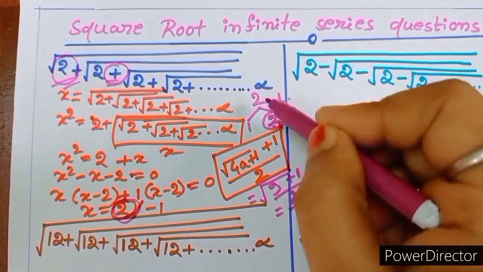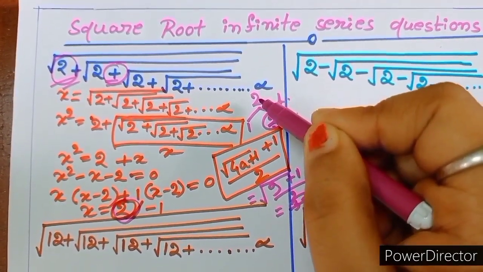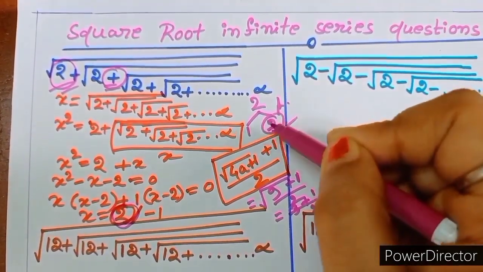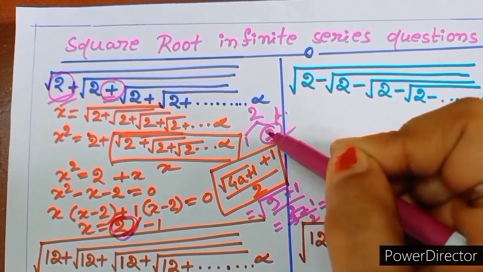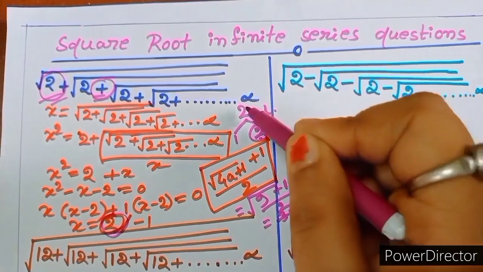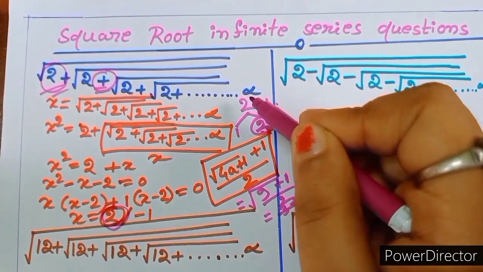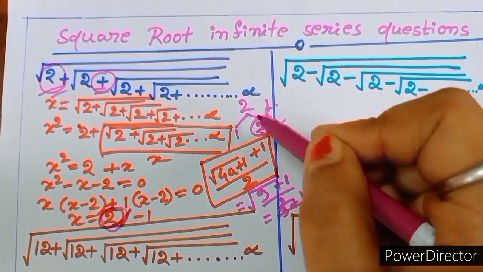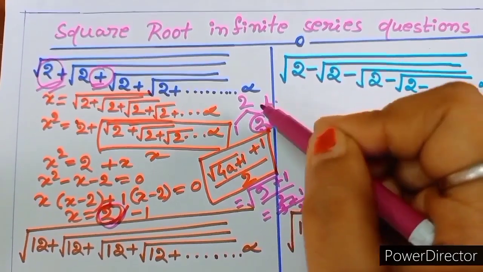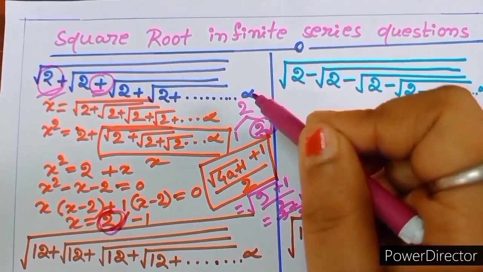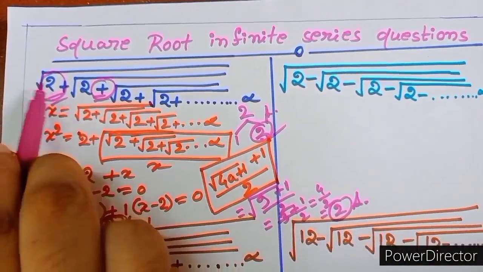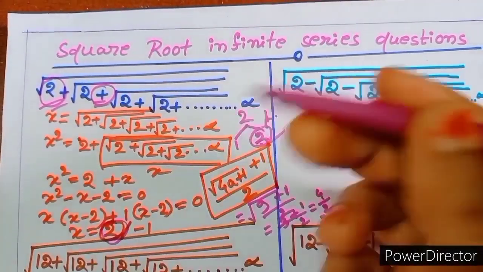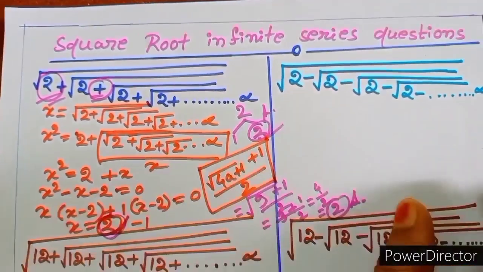But this other method applies if any number is divisible by 2 numbers whose difference is 1. 2 is divisible by 1 and 2 and the difference between 1 and 2 is 1. Suppose here given 6. 6 is divisible by 3 and 2 and the difference between 3 and 2 is 1. So we take the higher part, means 3. So 3 is the answer. If here given root 6 plus root 6 plus root 6, the answer is 3.